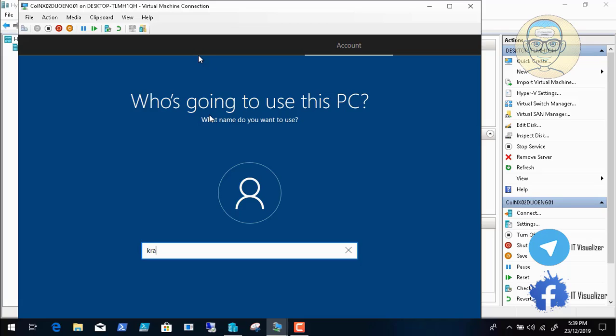So we need to create a second administrator account. The first administrator account that is disabled, we need to rename it to any other name, just to make it harder for hackers to know it. So we rename the administrator account that was disabled by Windows to any other user name, and create a second administrator called Kera of Wahed 01, or Kera 01,